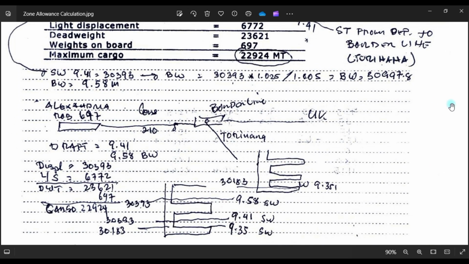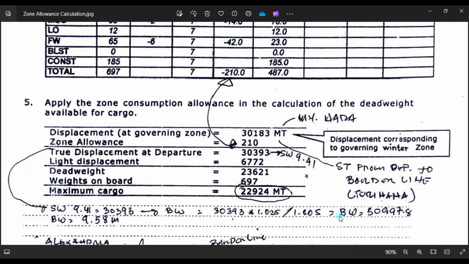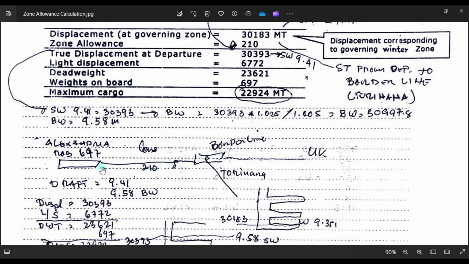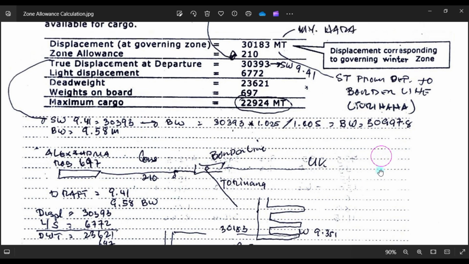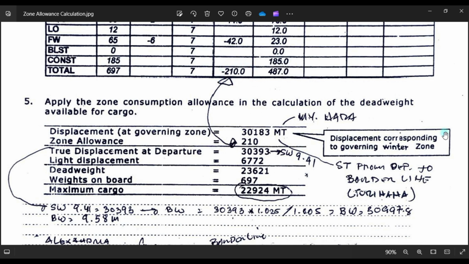9.58, okay? Now this is the diagram, guys. From Alexandria, your total ROB is 697, which is this one, and you will go to the borderline or Cape Torinana. So from Alexandria to Cape Torinana will take you 7 days, and the total consumption will be 210, which is this one, guys. 210.